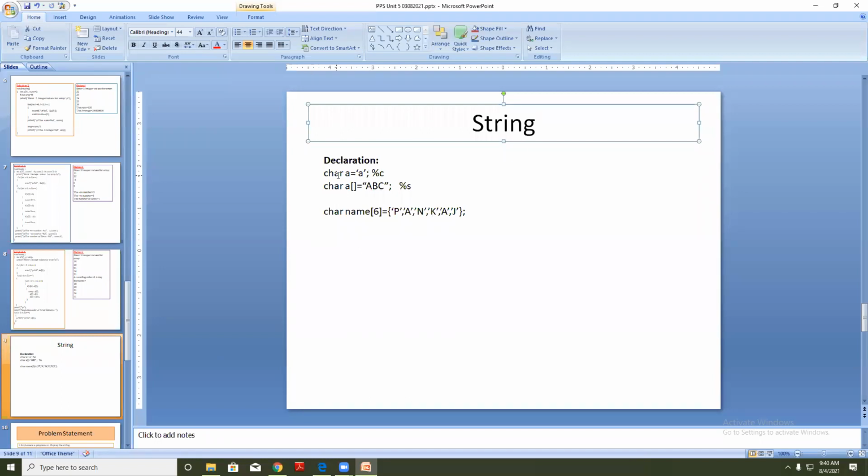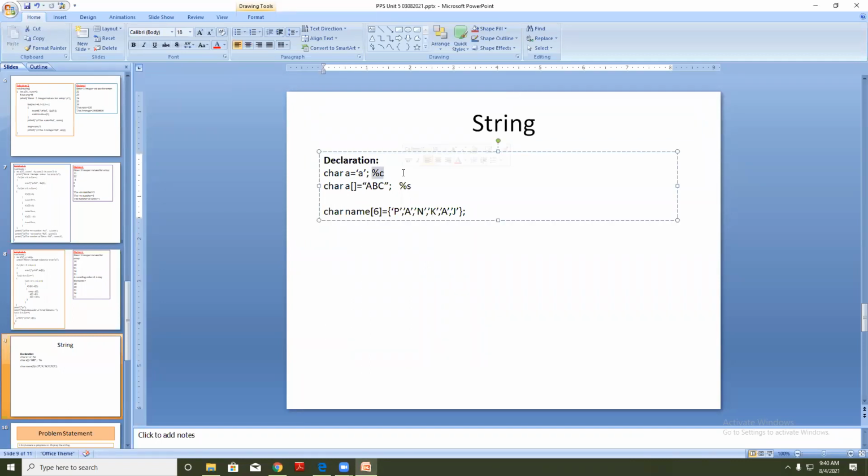In that part, the declaration of a character, we have seen how you declare a character. The character data type, then the variable name is equal to, in single inverted commas. In single inverted commas we assign the value for the character. This is for a single character.